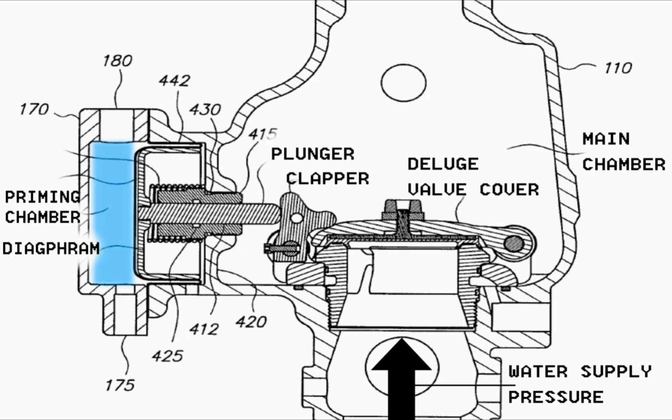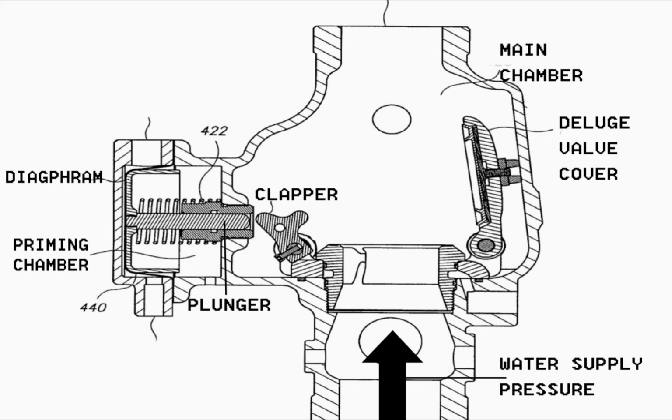Therefore, the priming water pressure behind the diaphragm is balancing the water supply pressure, causing the deluge valve to be closed. In the shown figure, the release of the priming water pressure behind the diaphragm caused the diaphragm together with the plunger to move backwards, removing the pressure on the clapper, consequently opening the deluge valve by the action of